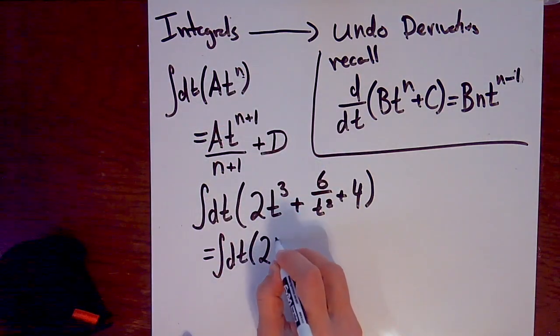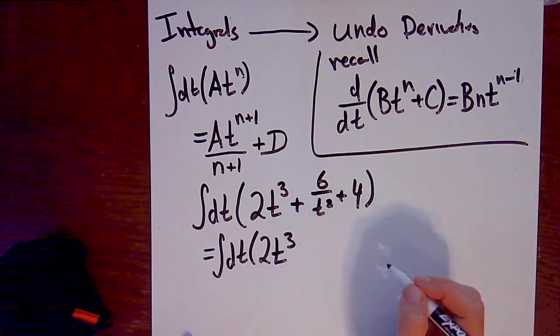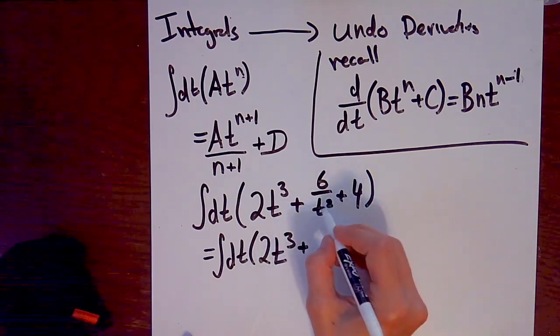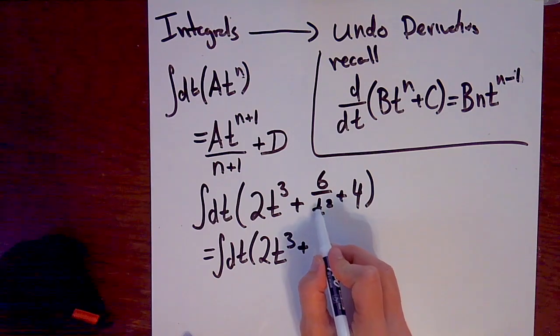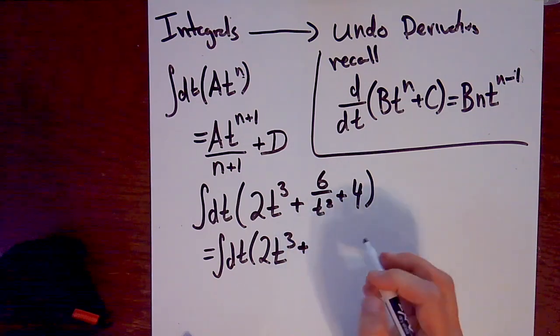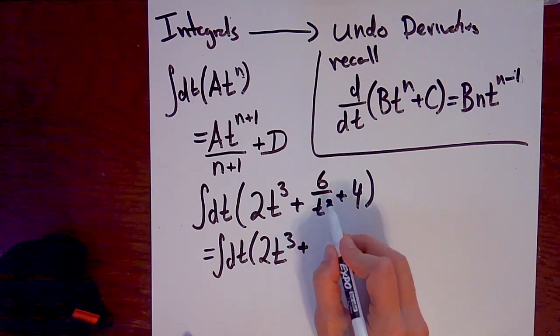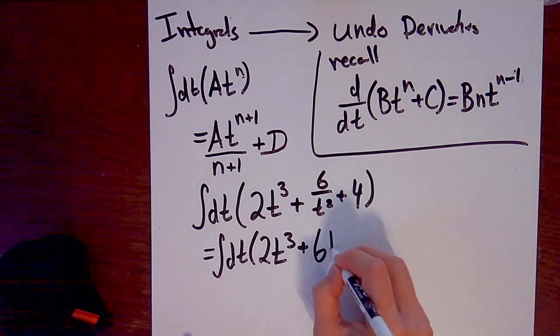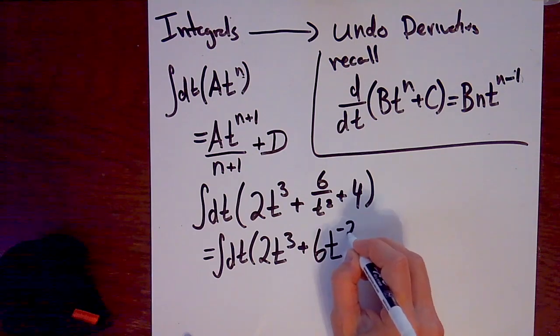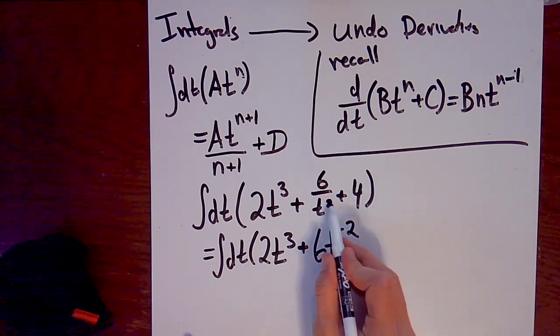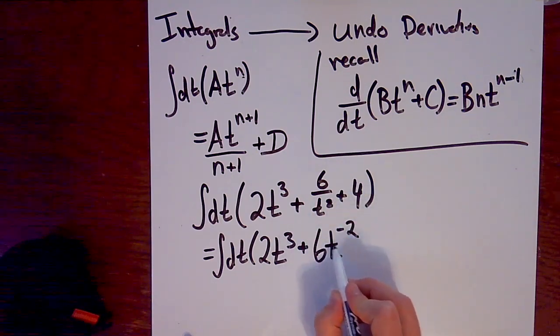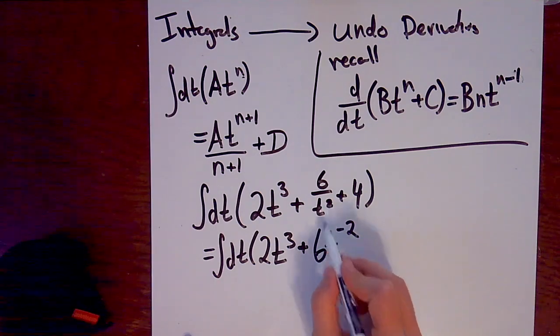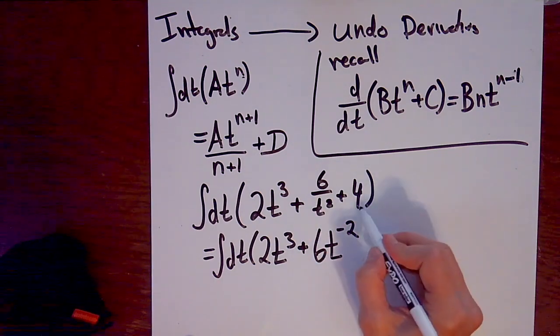It's a constant times t to a power. This guy we do need to redo, but dividing by t to a power is the same as multiplying by t to the negative of that power. So this is equivalent to 6 times t to the negative 2. Here we were dividing by t squared, here we multiply by t to the negative 2, and those are mathematically the same thing. Now 4, that's a constant,